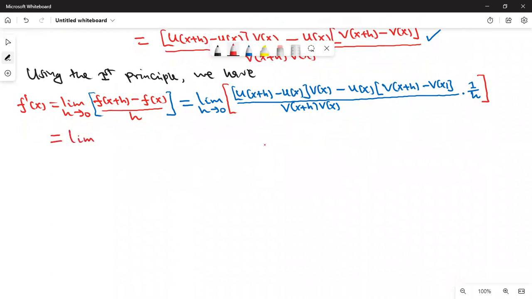The first part is limit as h approaches 0 of u of x plus h minus u of x divided by h. Then this one is multiplied by v of x over,